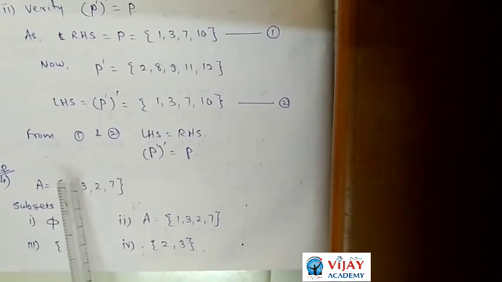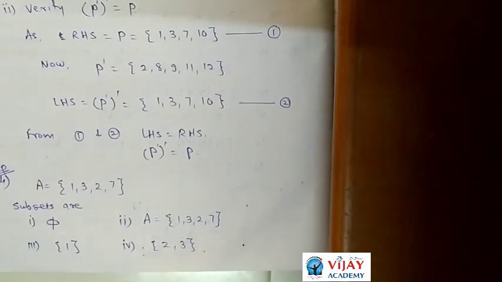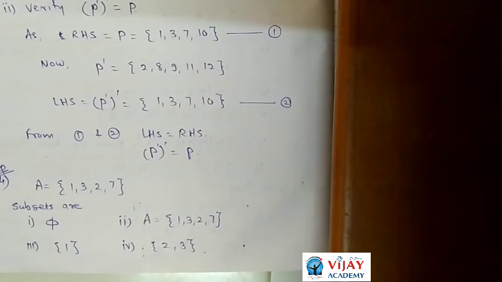When there is a single element, we can write 2 subsets. If there are 2 elements, we can write 4 subsets. If there are 3 elements, we can write 8 subsets. And if there are 4 elements, you can write a total of 16 subsets. Now we'll try to write down the subsets of a set. This is the activity for you. A is a set consisting of a single element, that is 1. Then write down the subsets.